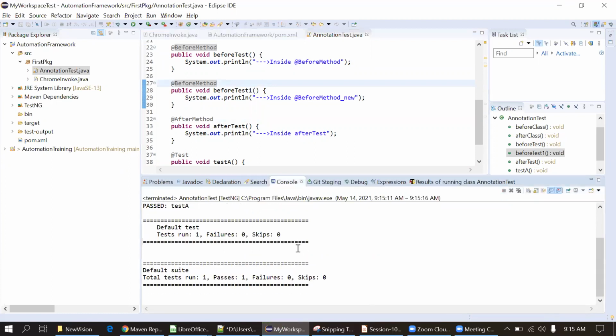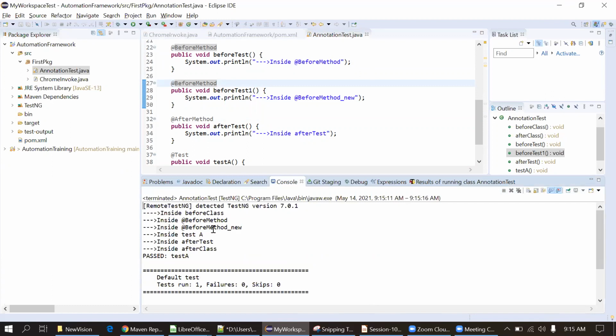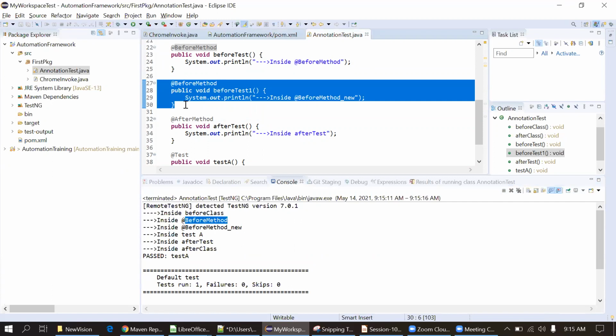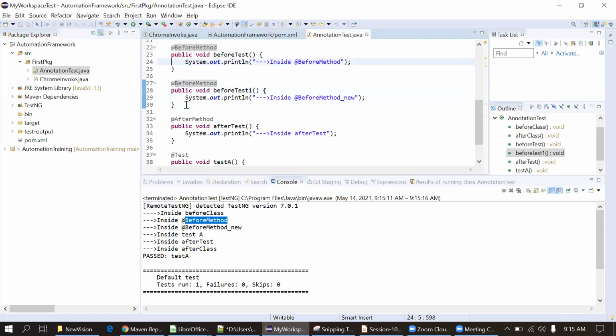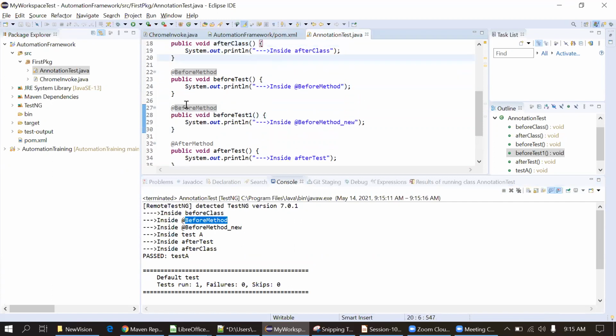We'll see the output here. Before method, then it will go sequentially. I will make the sequence change here, because we should not rely on the execution sequence. We'll put 1, 3, and make it a 2.